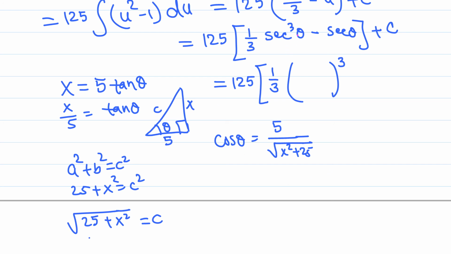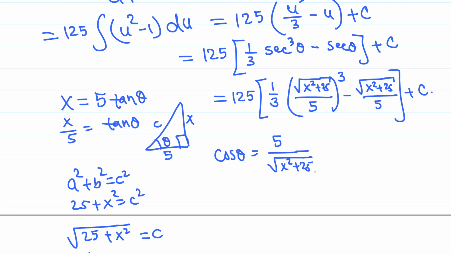But we have secant theta here. Secant means the reciprocal of this, so it is the square root of x squared plus 25 all over 5. And 5 cubed is 125, but no need to simplify. That's secant theta cubed, minus secant theta, that's here, the square root of x squared plus 25 over 5. That's it, plus c. So this is the final answer. Maybe let me circle